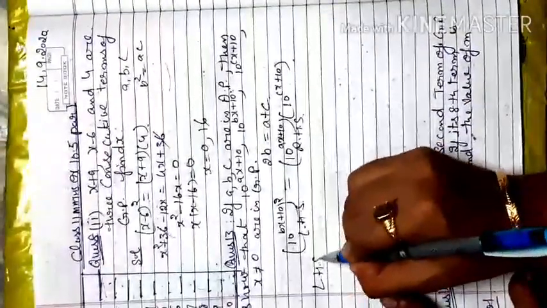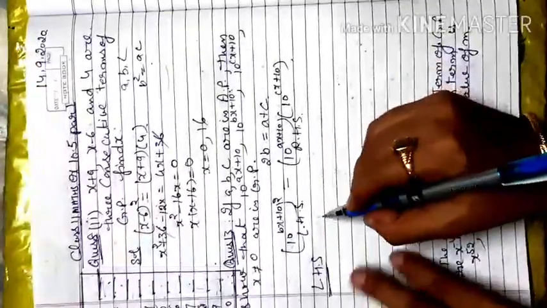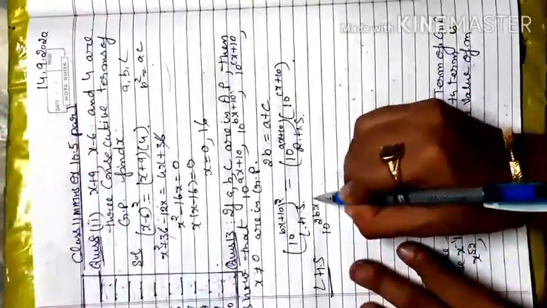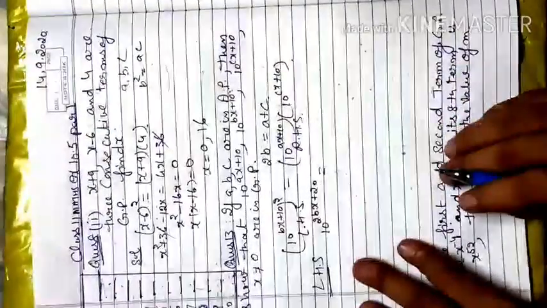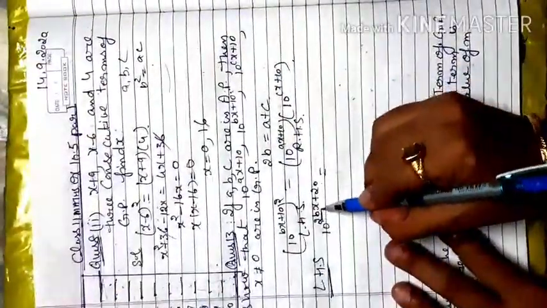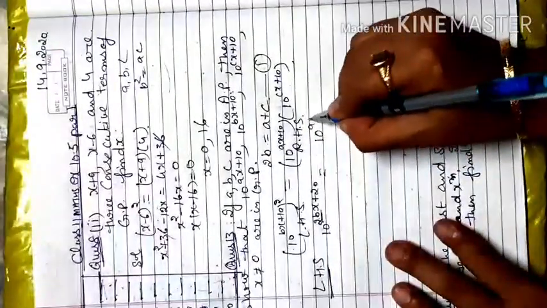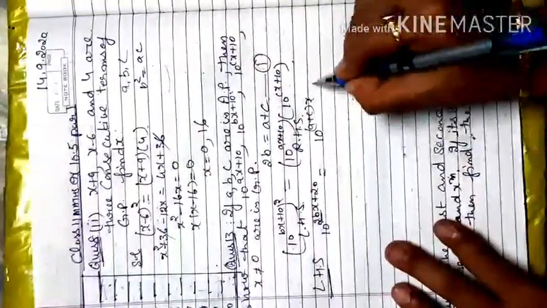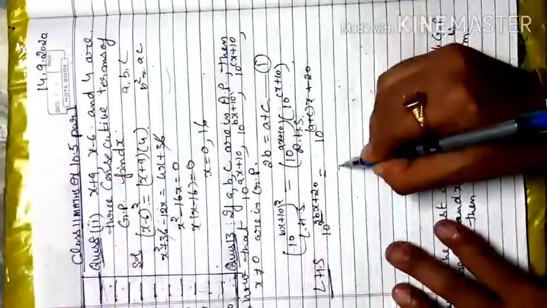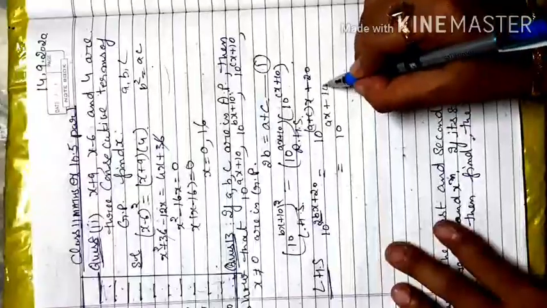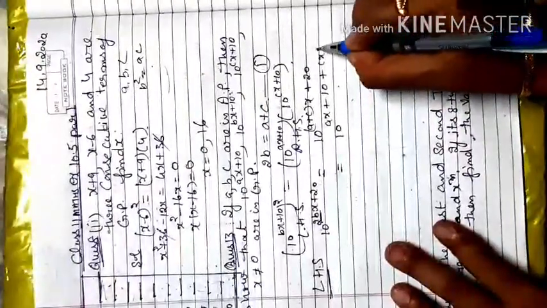Now I pick my left hand side to solve this one. If I multiply this 10, that becomes 2bx plus 20. Now here, in place of 2b, I substitute my first equation, 10a plus c x plus 20. Now I separate the term 10ax, and I separate the 20 also, 10 plus cx plus 10.